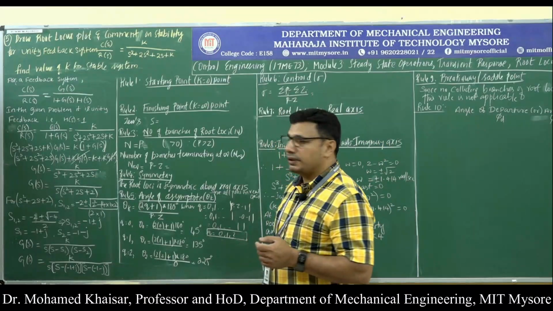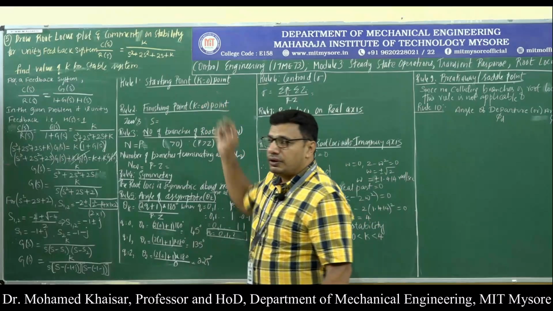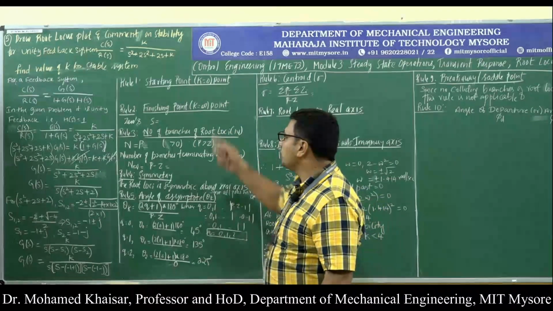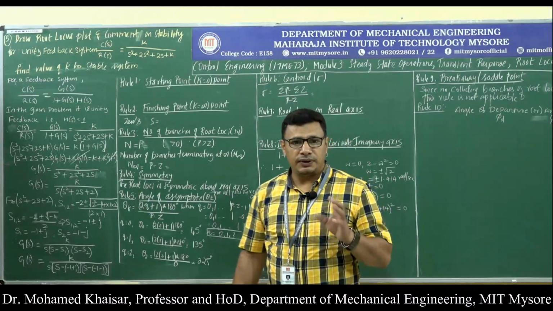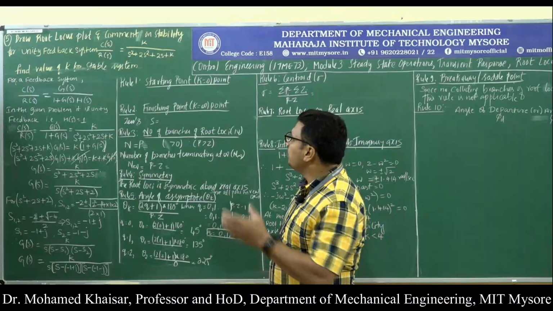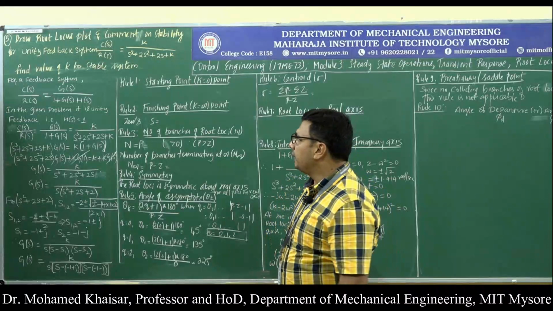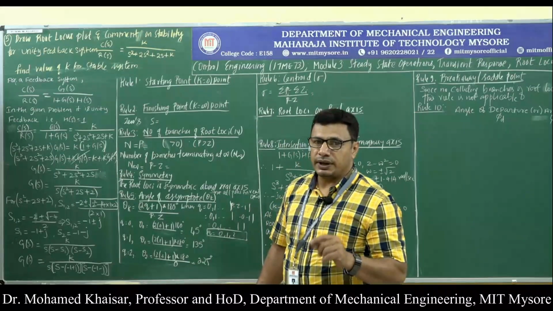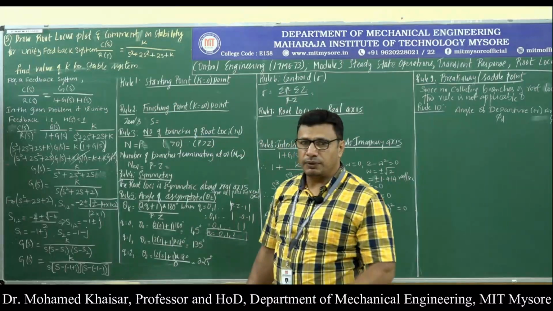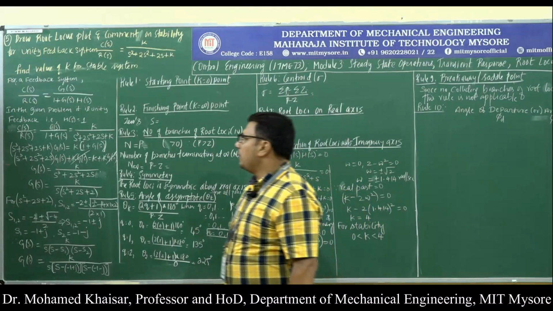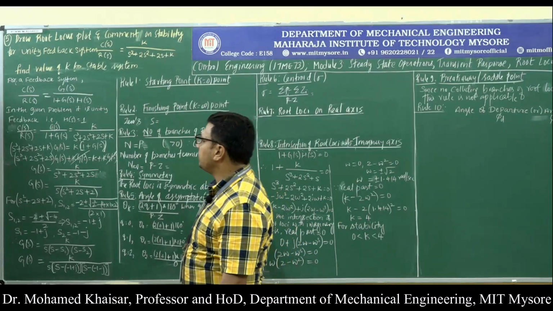There are 2 very important things over here. The problem that is given to us is not in open loop transfer function. It is in the closed loop transfer function, that is C(s)/R(s). So we will have the first challenge to take up, to bring the closed loop transfer function to the open loop transfer function. That is one. And second thing is, we are also supposed to take care that it is a unity feedback system. That means H(s) will be equal to 1. Now to bring the system to the open loop transfer function, let us see how we can do it.